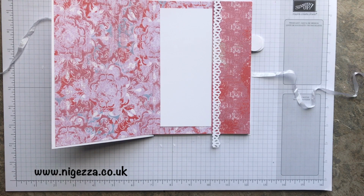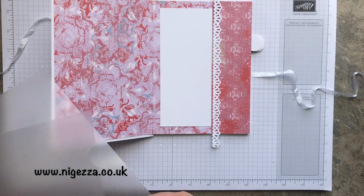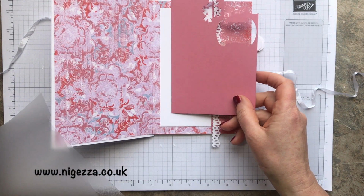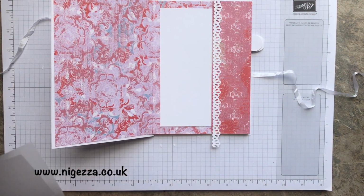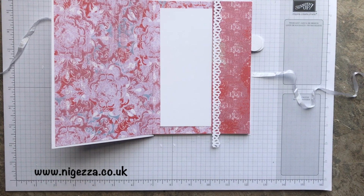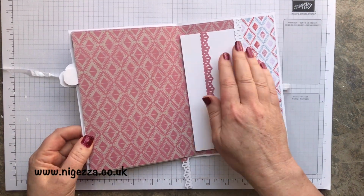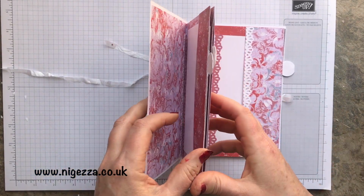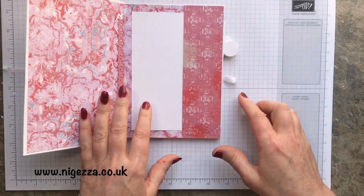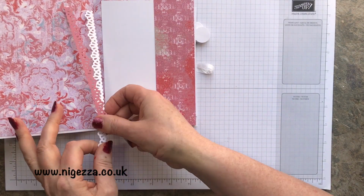pinky one. This pinky one might look nice, actually. I always forget about this colour. It reminds me of the sweet sugar plum. So I'll get those all cut out and stuck down. So I've stuck down these on 3 pages, and I'll just show you how I did it on